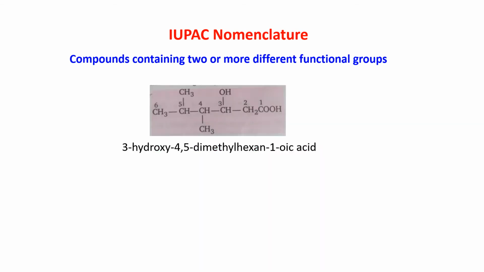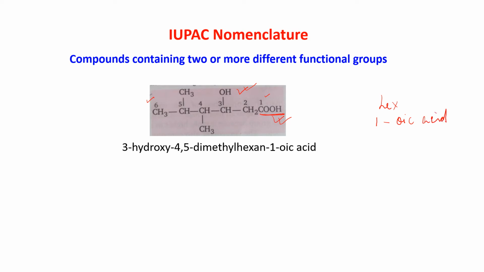See this example. Now in this example we have a methyl group, an OH group and a COOH group. Now here you can understand that COOH is the senior most. So naturally it is getting number 1. So my numbering will be from right to left hand side: 1, 2, 3, 4, 5, 6. So it is a 6-member chain. So I am getting a chain of hex. And I am getting the secondary suffix as oic acid with position 1.